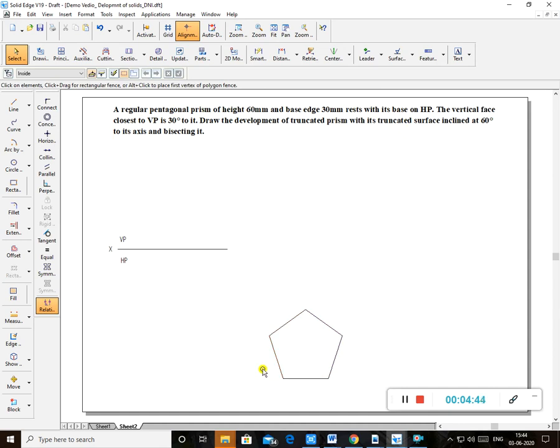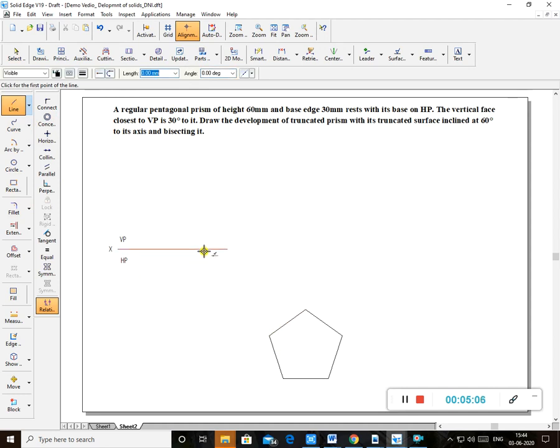Because when you do naming, I will do it like AA1, BB1, CC1. Because AA1 is a longer edge, BB1 is a longer edge, so it forms rectangular faces. It will be in this way, right? It will be the vertical face. So that vertical face I have to show here. Now how to draw it?